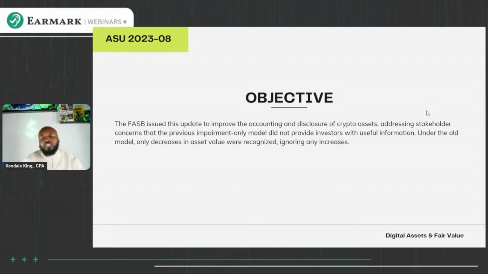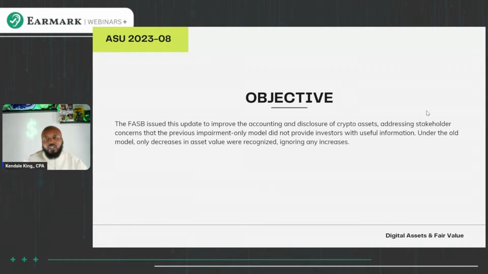And that was a major issue for a lot of crypto providers, because the balance sheet doesn't properly reflect what the company had as value, and it made it seem like the company didn't have a strong balance sheet, or they were taking losses that weren't really losses because they're still holding on to the asset, and there's a chance for it to move back up. Some other companies took advantage of this, and when they wanted to get a loss, they sold